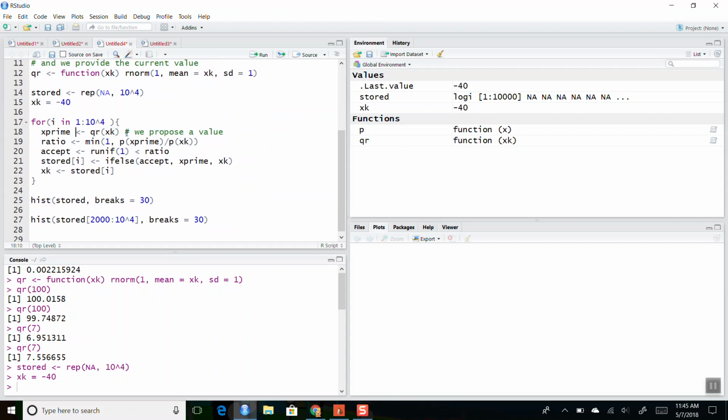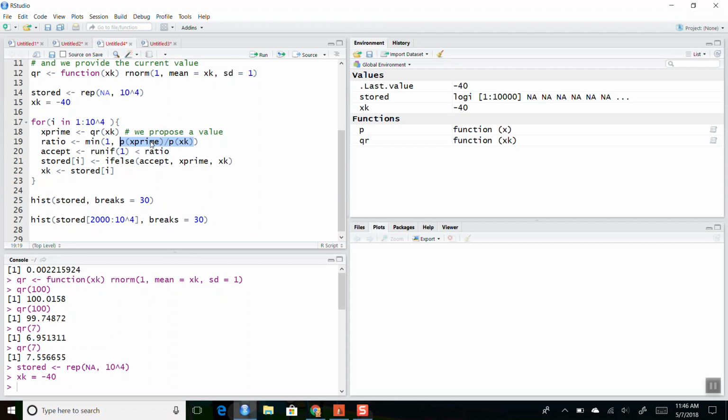Okay, so this is x prime. We propose a value. Then I calculate my ratio. My ratio is going to be, remember, this is the PDF of my normal distribution. So we're going to calculate the PDF at x prime, and we're going to calculate the PDF at my current value xk. And I take the ratio between those two,